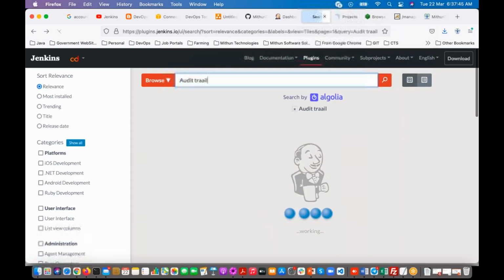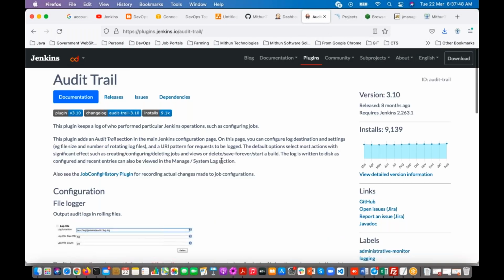See, audit trail plugin. Observe here, this plugin keeps a log of who performed particular Jenkins configuration such as configuring the jobs. This plugin adds an audit trail section in the main Jenkins configuration page. So once you install this plugin, it is going to add one section called audit trail. However, after installing the SonarQube scanner plugin, you saw that add SonarQube servers, right? Same way, once you install this audit trail plugin, it is going to add one section called audit trail section in the